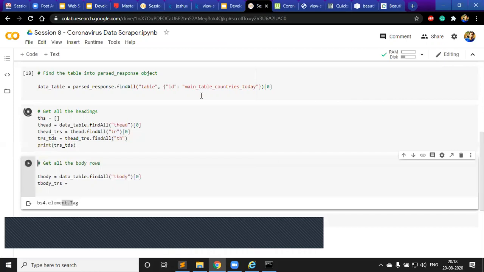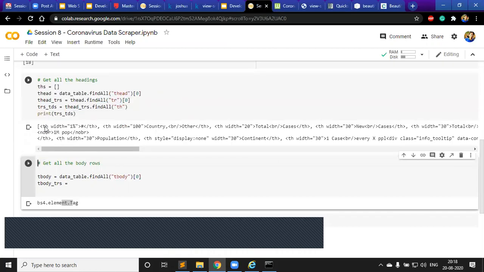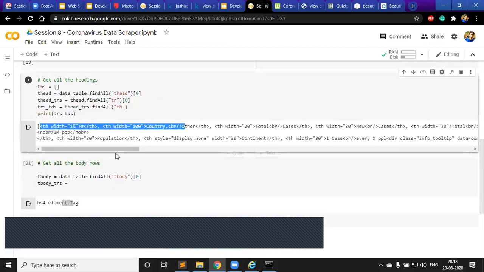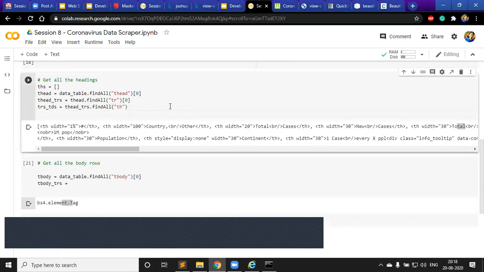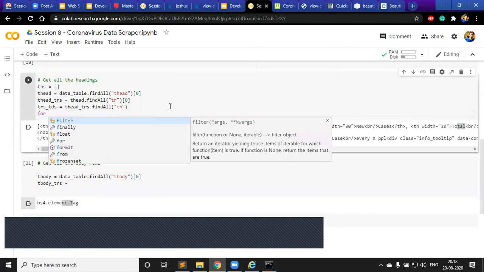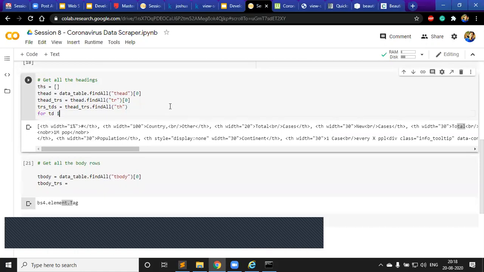Okay, so we have a list with all of those things. Now we have all of those things. Now all I need to do is just extract it: country, cases, new, total, all of those things. So since it is a list or an iterable, I could say for TD in TRS TDS,